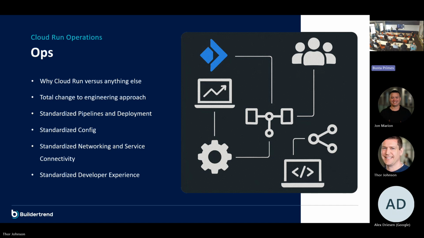But with Cloud Run, we stamp things out now. We standardize pipelines, standardize on Cloud Run, standardize on how we do our network. It used to probably take us 4 weeks to spin up a service if we had something new. Now the cloud engineering team can stand up a service soup to nuts, including all of the pipelines, in about an hour and a half, for all 3 environments.